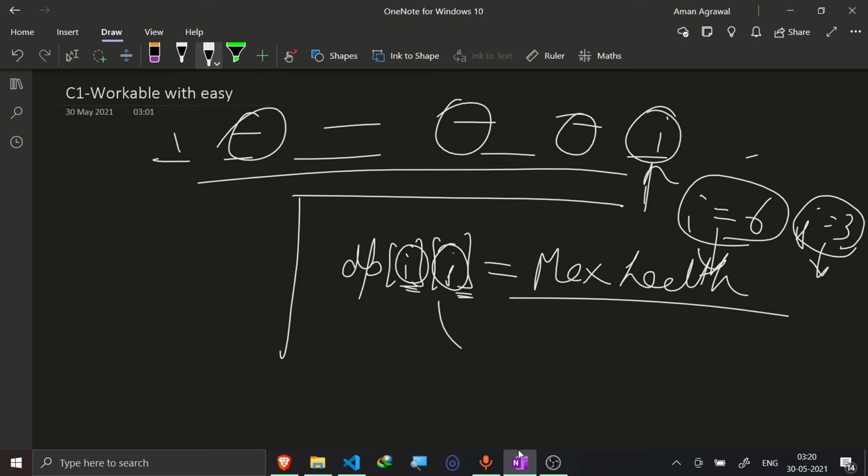So after this, when I would reach the i plus 1th can, I would add the health of that can to this value and would find whether my health remains positive. If it remains positive, or rather non-negative, then I could have an option to take that can or not take that can. But if on taking that can my health comes out to be negative, then it is for sure that I would definitely not take that can.